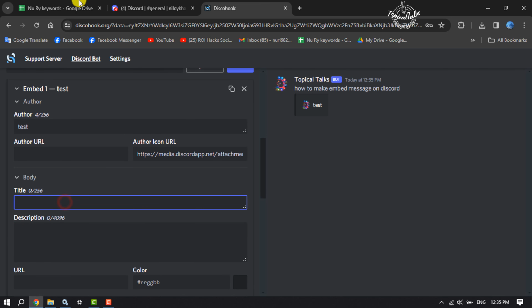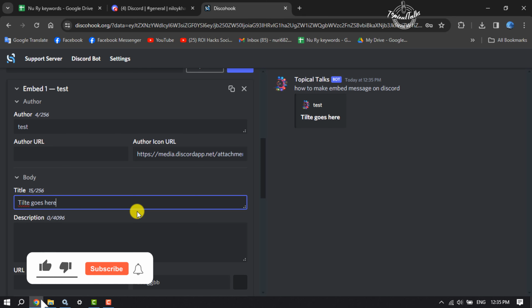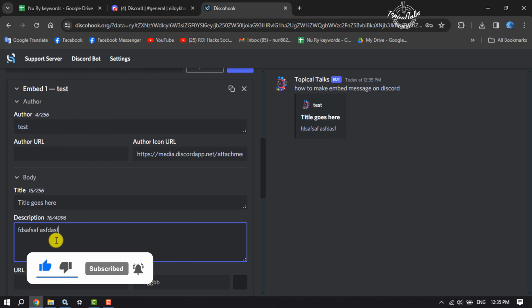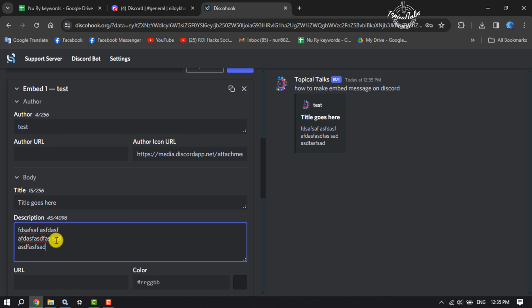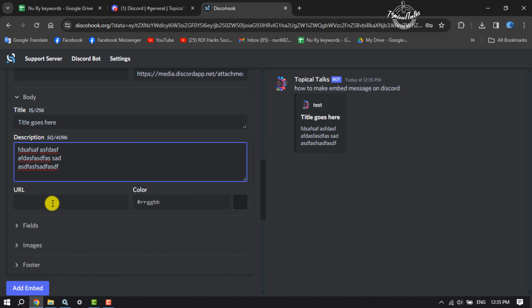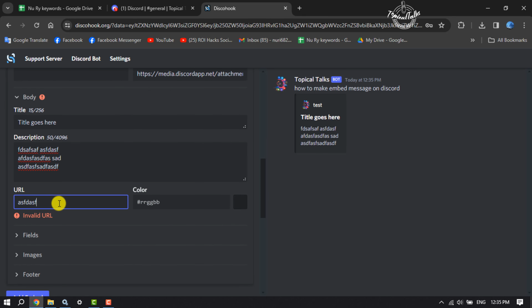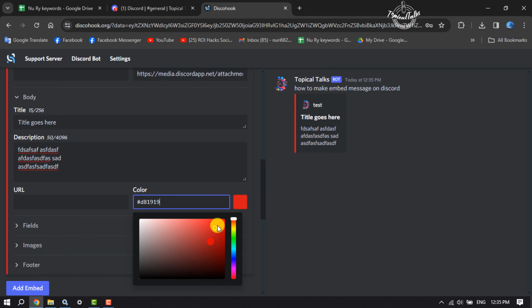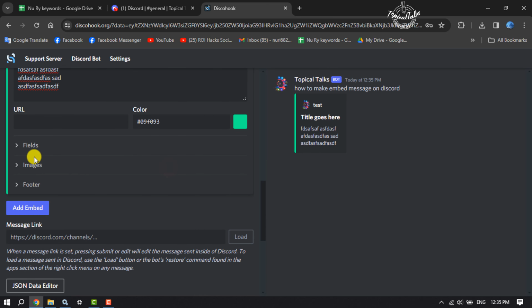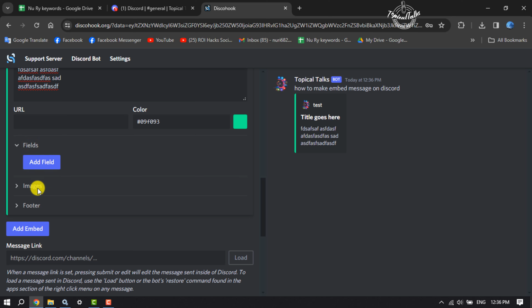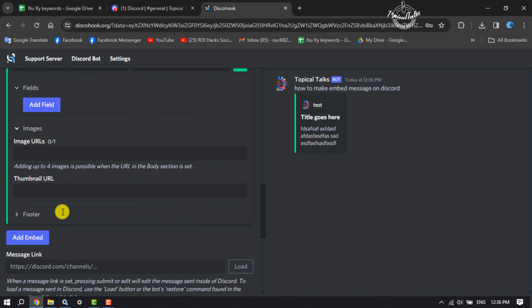Here write a title. In this description box, write your message, and here you can add a URL, and click on this color box and select a color for your message embed. Click on fields, and here you can add a field, and to upload an image, click on image, and now